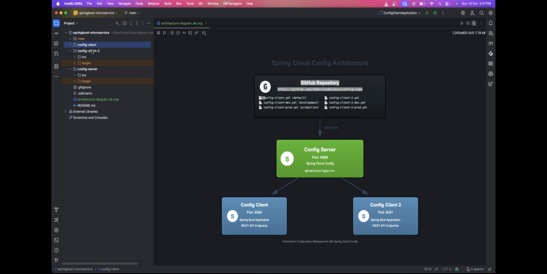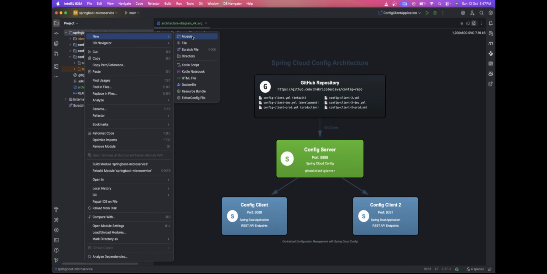Here it will be created like this, and the port numbers are also mentioned: 8888, and here 8081 and 8080, and API calls are also there. We can see it one by one, step by step, how we can implement it. In the main folder I plan to create one